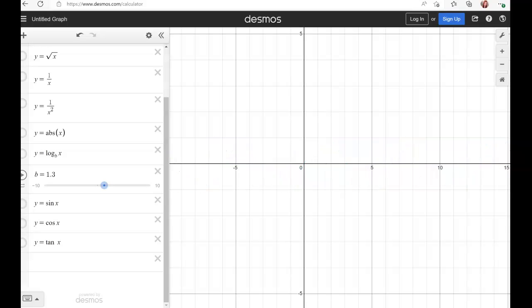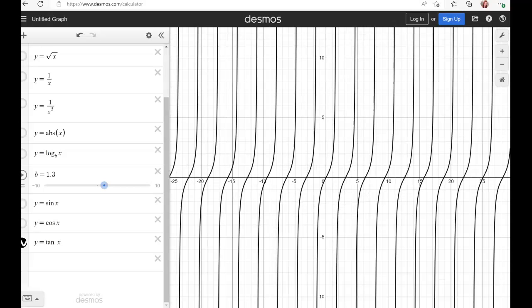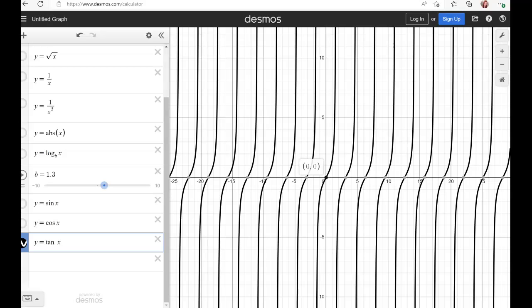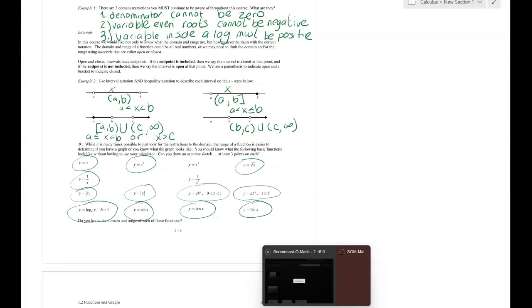And then the one that I didn't make you guys graph a whole bunch was tangent, that almost looks like a cubic function over and over again. This one's not as important to memorize. However, I do need you guys to know where tangent crosses, where the asymptotes are, and where your other two main points are. So again, if you need to go back, find those graphs, see where those main points are, please do that. That needs to get refreshed. I will start giving unit circle quizzes relatively soon, if not tomorrow. Okay? So those are the main graphs. Let's hop on back over to the notes. All right, so let's talk